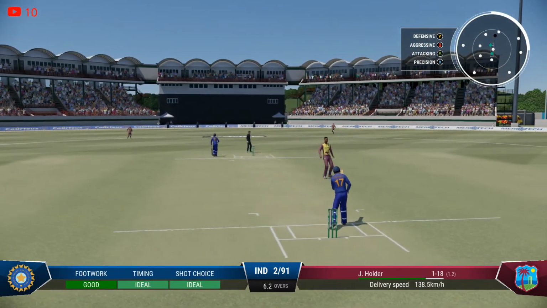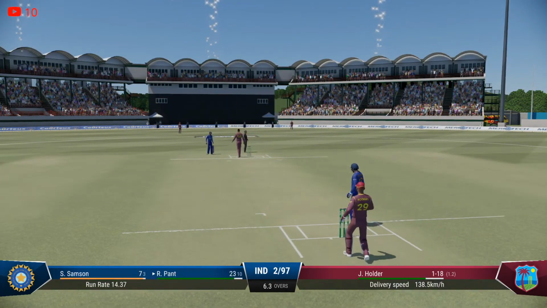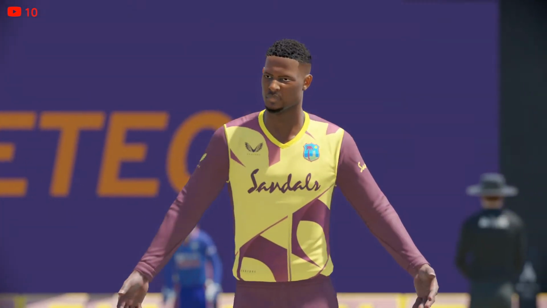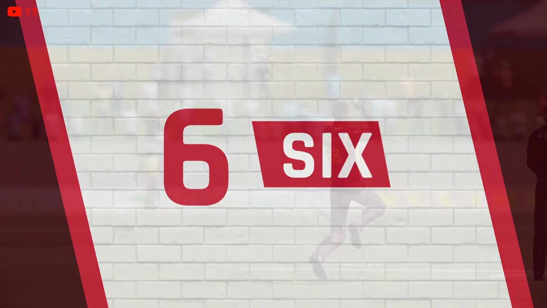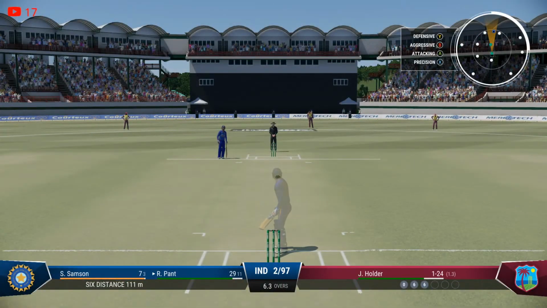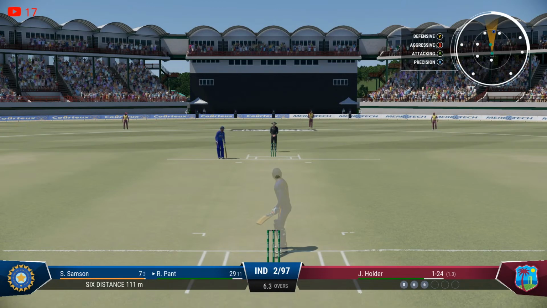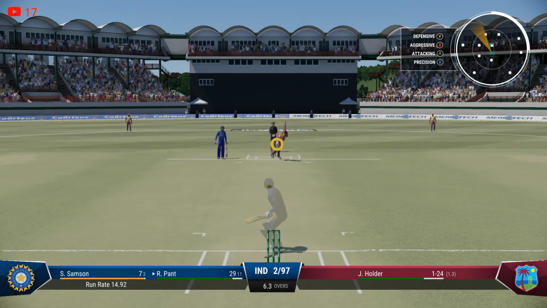Oh, this time a more beautiful shot, up in the air for a long time and over the boundary ropes for 6. What a shot again, man. What a great piece of timing from Rishabh Pant till now. Look at that shot. That sound coming from the middle is just amazing and soothing for our ears, for all the cricket fans. And the fireworks are there. So 2 back-to-back 6s from Rishabh Pant. He moves on to 29 off just 11 balls. And let's see what Jason Holder will do after